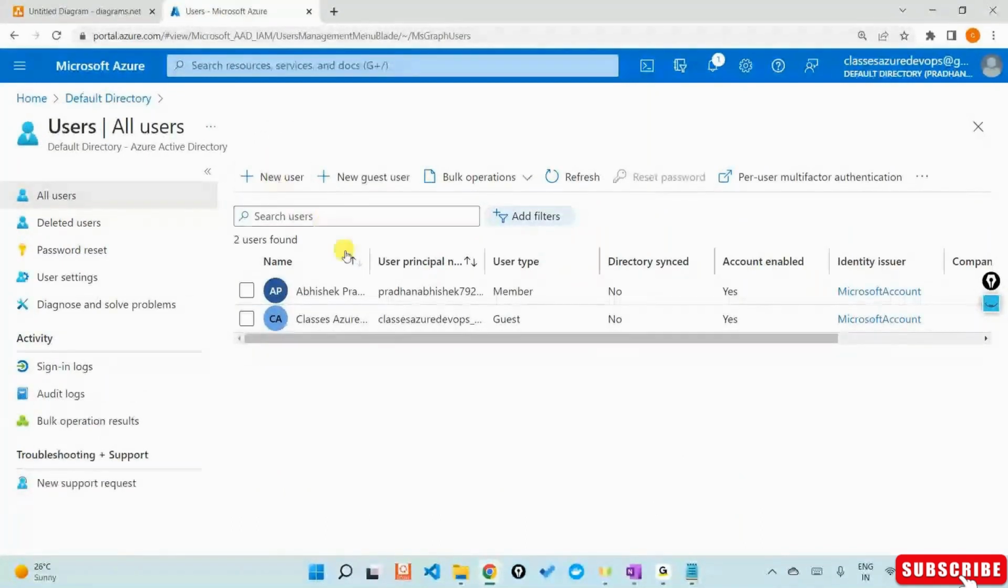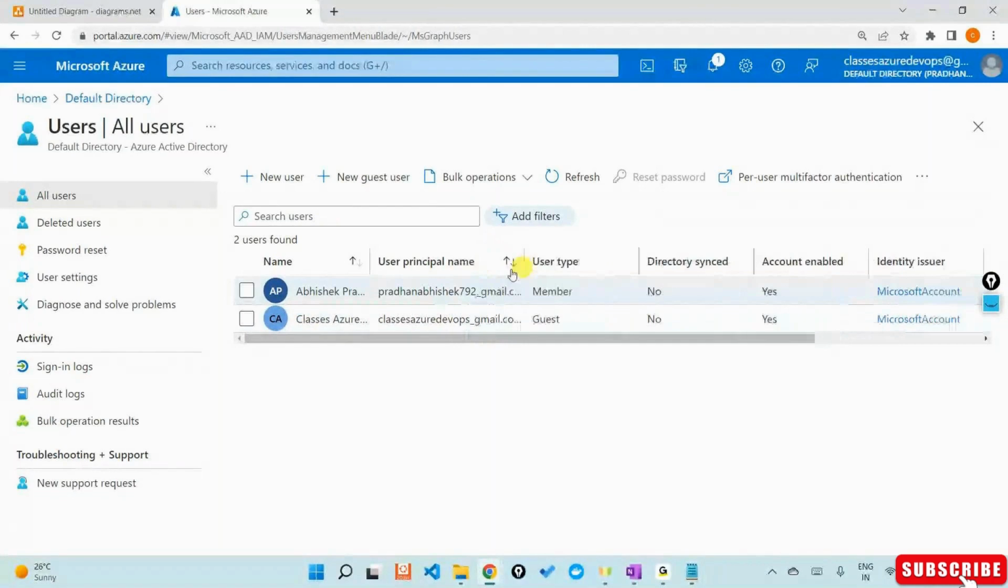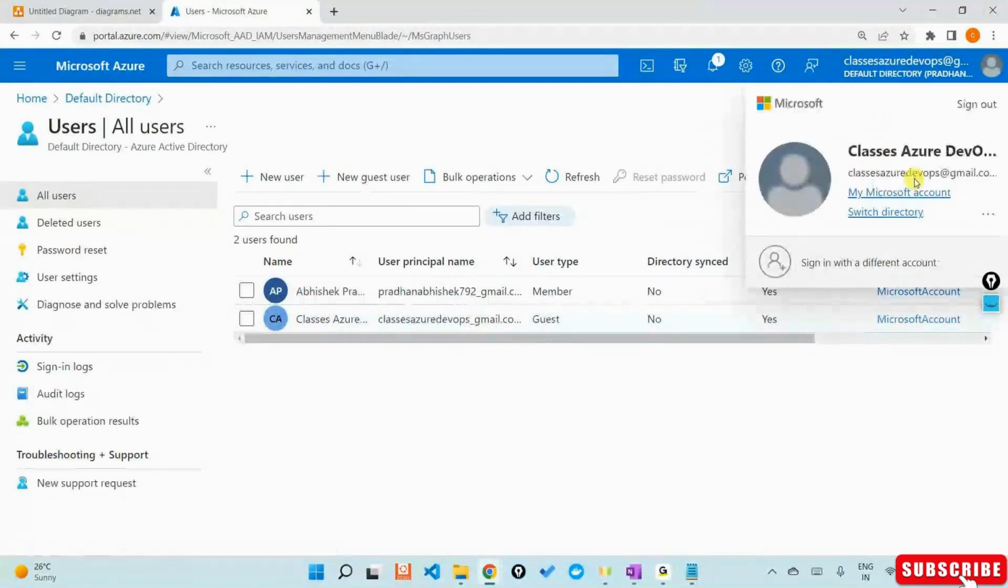As of now, I have these two users and I have logged in using this particular account called classes Azure Devops. Do you see this? Because this user is a part of my directory, I'm able to use this account and log into Azure. If this user wasn't a part of my Active Directory, I wouldn't even be able to touch my account here. So I'll now say new user,